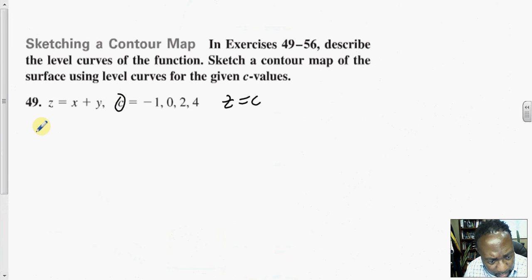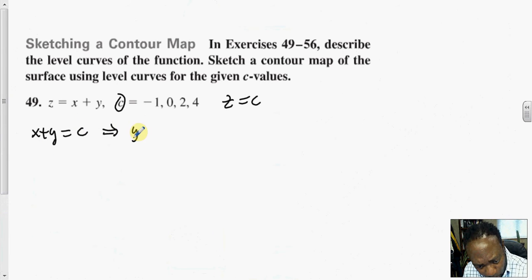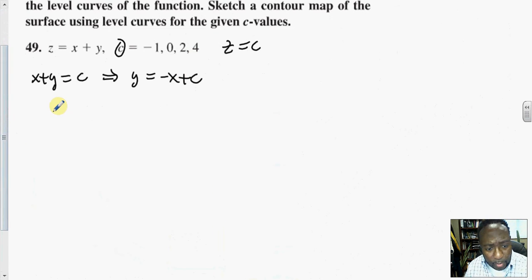And so we have x plus y is equal to c. This implies that y is equal to negative x plus c. And then from there, based on the various values for c,